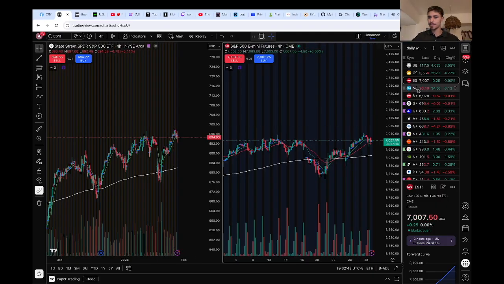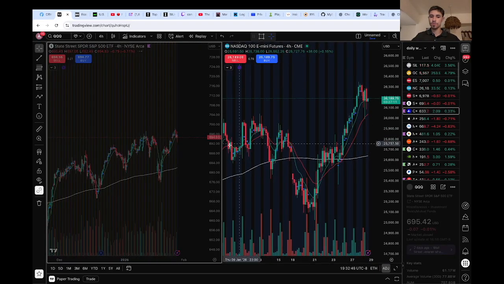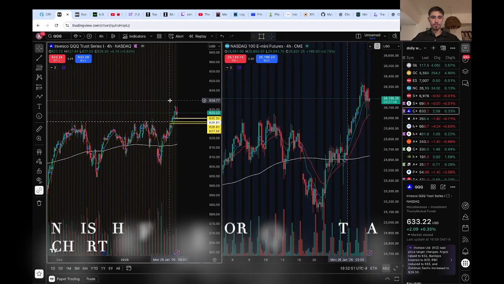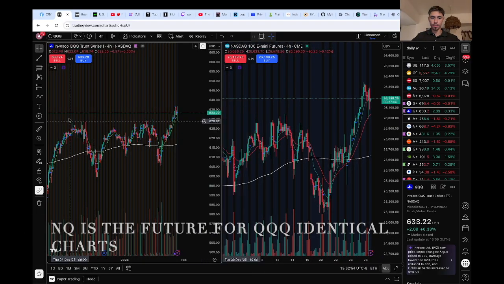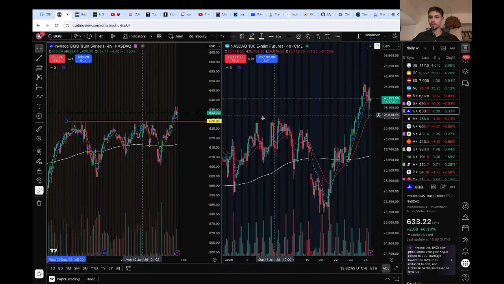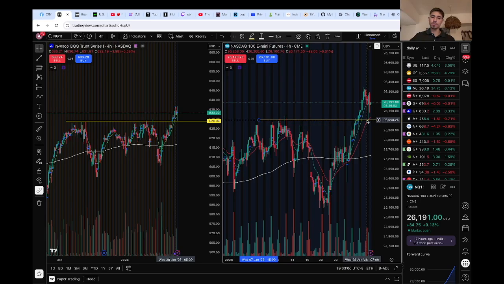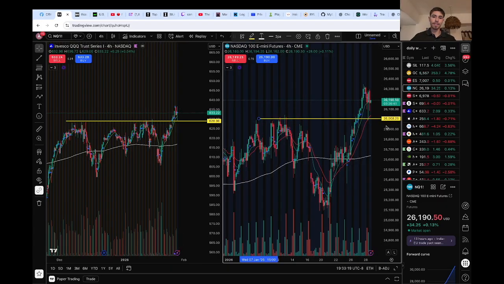And if I look at the Nasdaq, you guys will see that the Nasdaq is identical to QQQ. As you can see, check out this resistance on QQQ, like these December highs and January highs, 629s, would be December highs and January highs here on the NASDAQ, but it's just a completely different number, right? 26,000. This video may be a little bit longer. I'm going to try to dive deep and actually show you guys a few things, in detail.